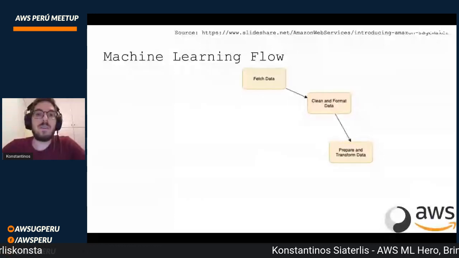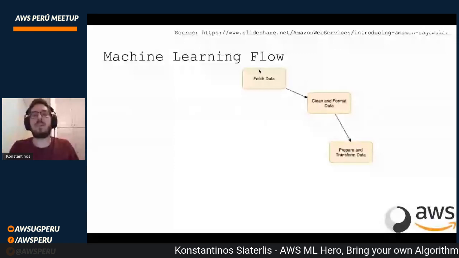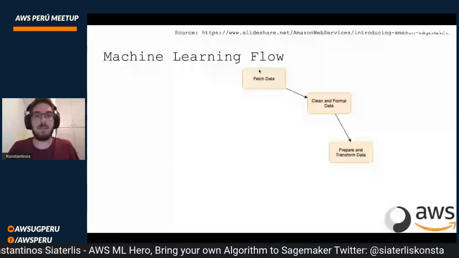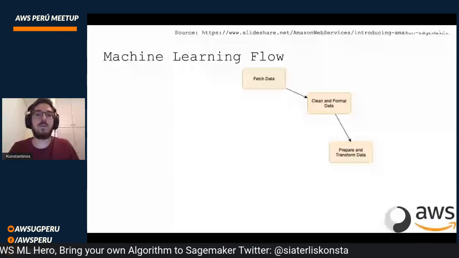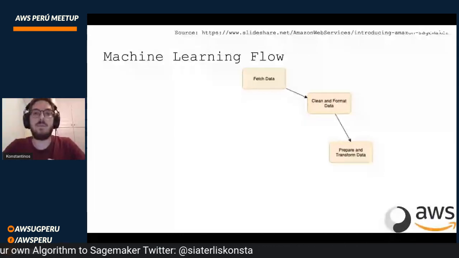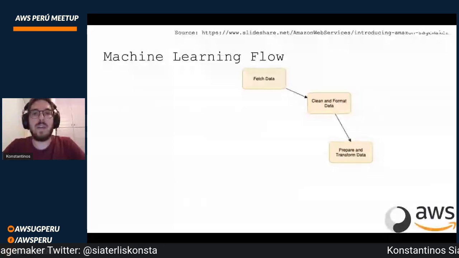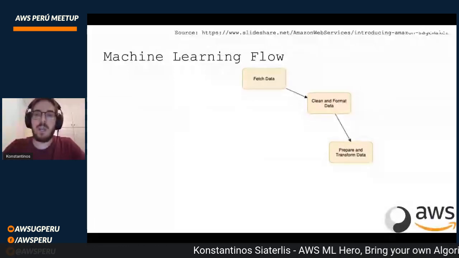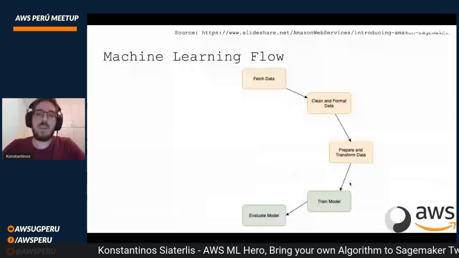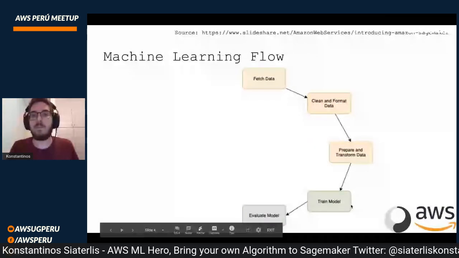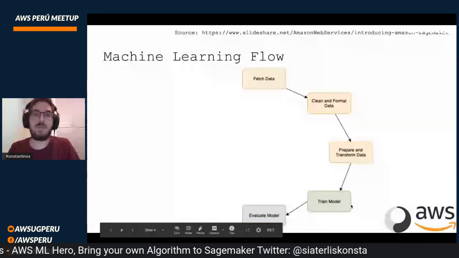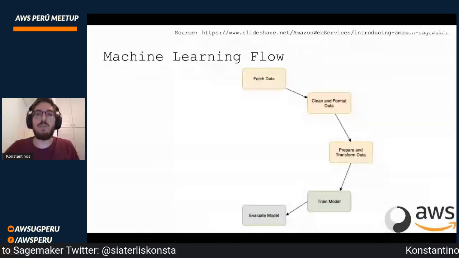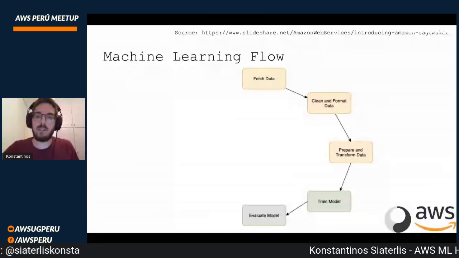So the first steps are to fetch the data, clean them, format them on your own as you please, and then prepare and transform them in order to insert them into your model, train it, do predictions, classifications, whatever you want. Once you have the data, then you have to build a model, feed it, train it, and then evaluate it. And do it over and over again until you are pleased with the results.